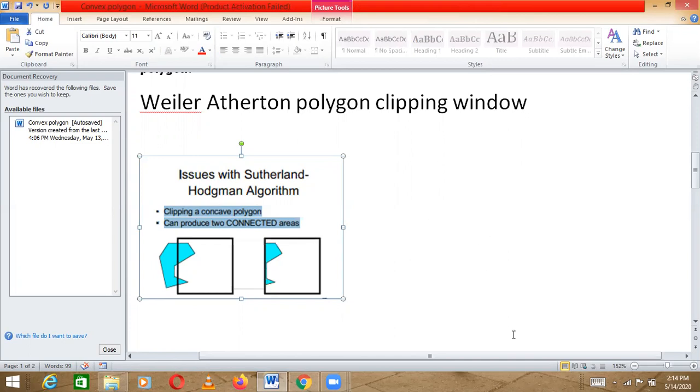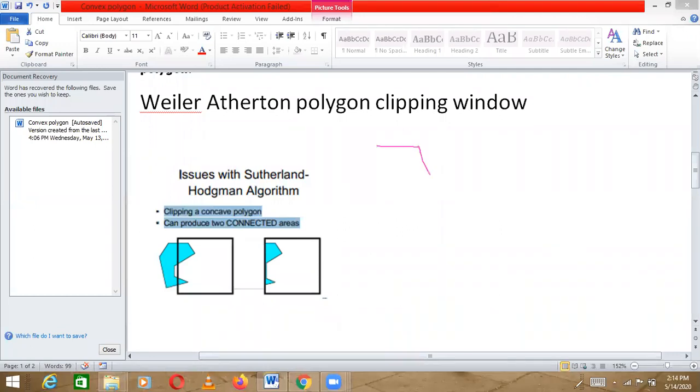We will be getting output like this, with the connecting line there, but it is not needed actually. We should be getting two different polygons.